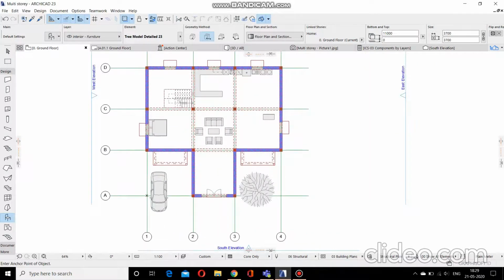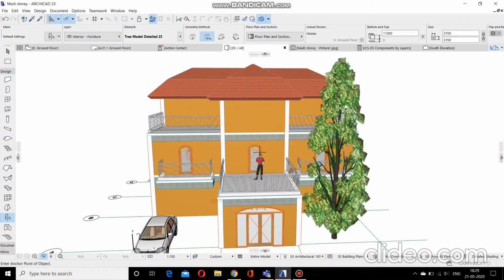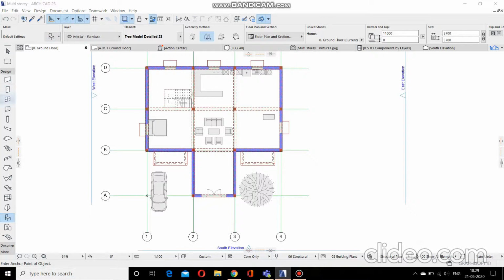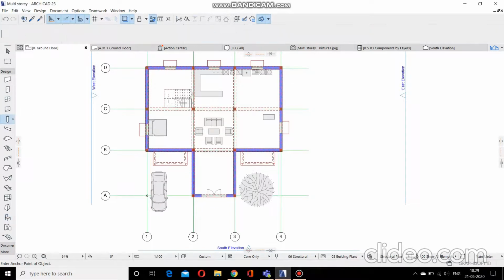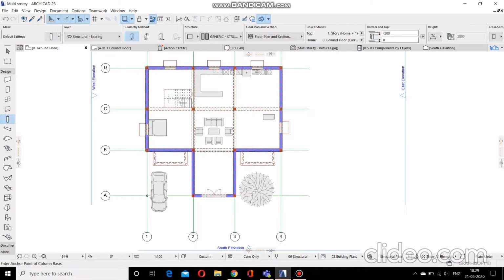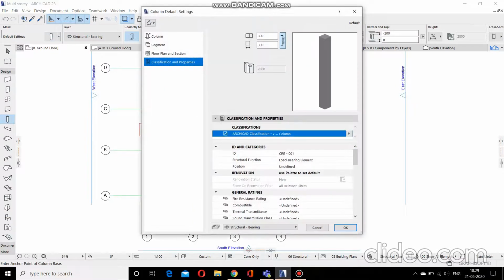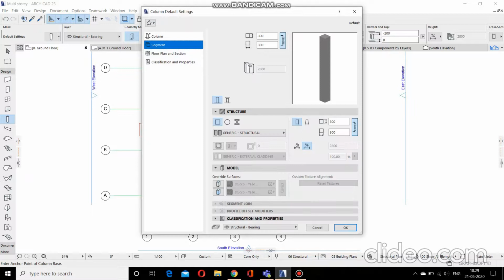Then the columns were there, and then we made slight modifications to the columns such that here in the 3D image you can see that the first 2 columns over here are only needed up to the 1st floor height, and these columns over here are needed only up to the 2nd floor, and this column is required till the 3rd floor. So we made such modifications after creating it. The modifications were done from the column tool option, where we can select the column, and then if you go to these settings we can change the height of the column.